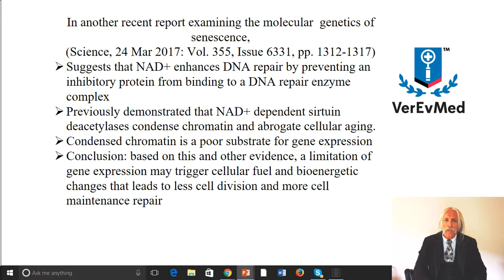I don't know. Anyway, condensed chromatin, which is what you get when you remove that acetate. You remove the acetate by having an NAD-associated deacetylase enzyme. That's going to give you a decrease as a good substrate for gene expression. And that looks like a positive thing for increasing lifespan in model organisms. There you go. So what can we conclude from this about NAD? Based on this paper recently published in Science and all the other evidence, some of which I just briefly alluded to, but which we could do in detail, of course,